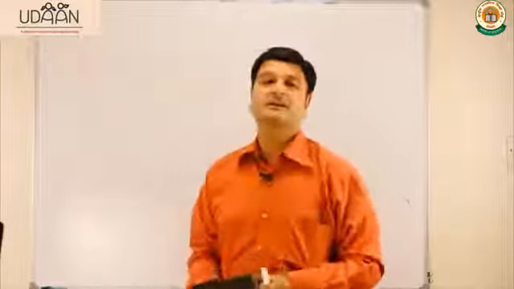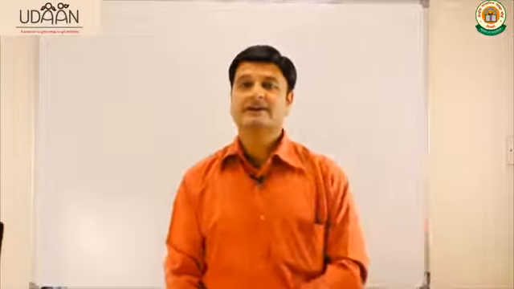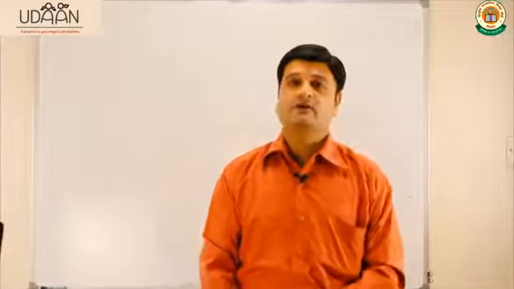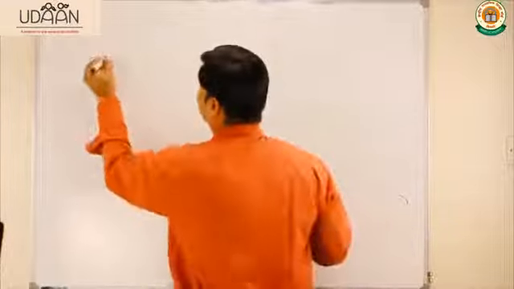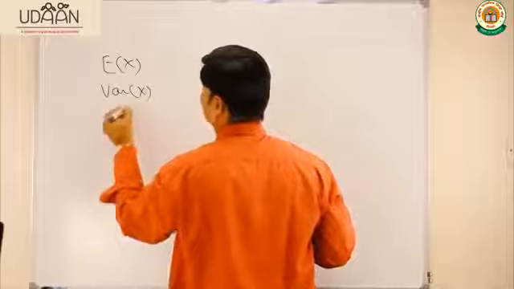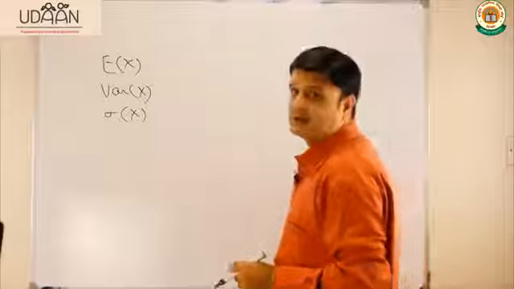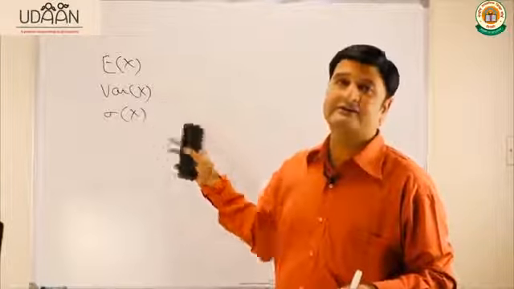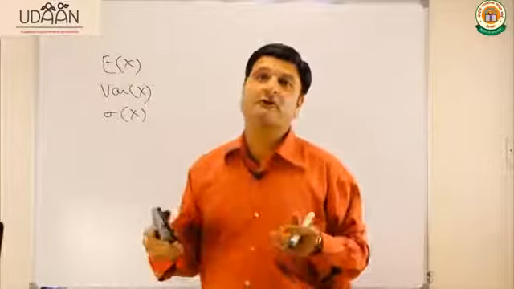The question is that two cards are drawn simultaneously without replacement from the pack of cards. Then find the mean, variance and standard deviation for the number of kings. As we have discussed, for finding mean, variance and standard deviation, we require the probability distribution table first, and from there